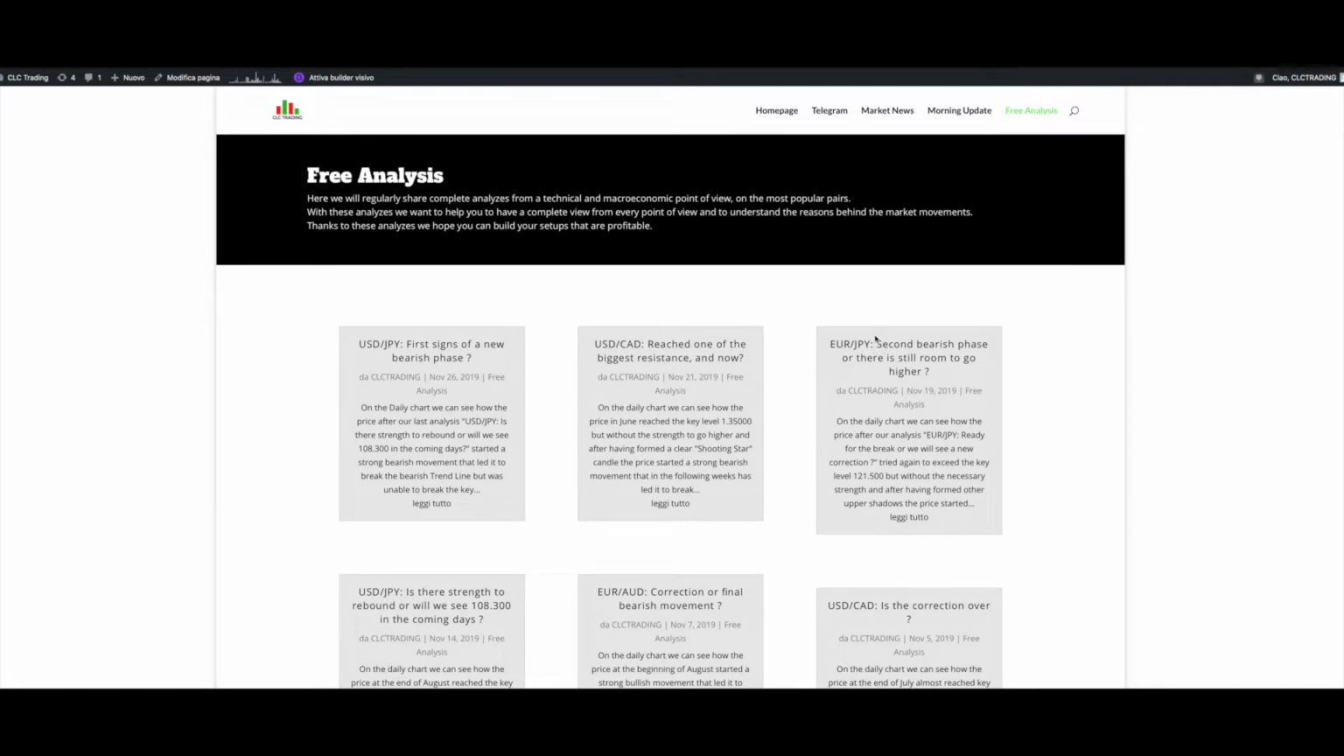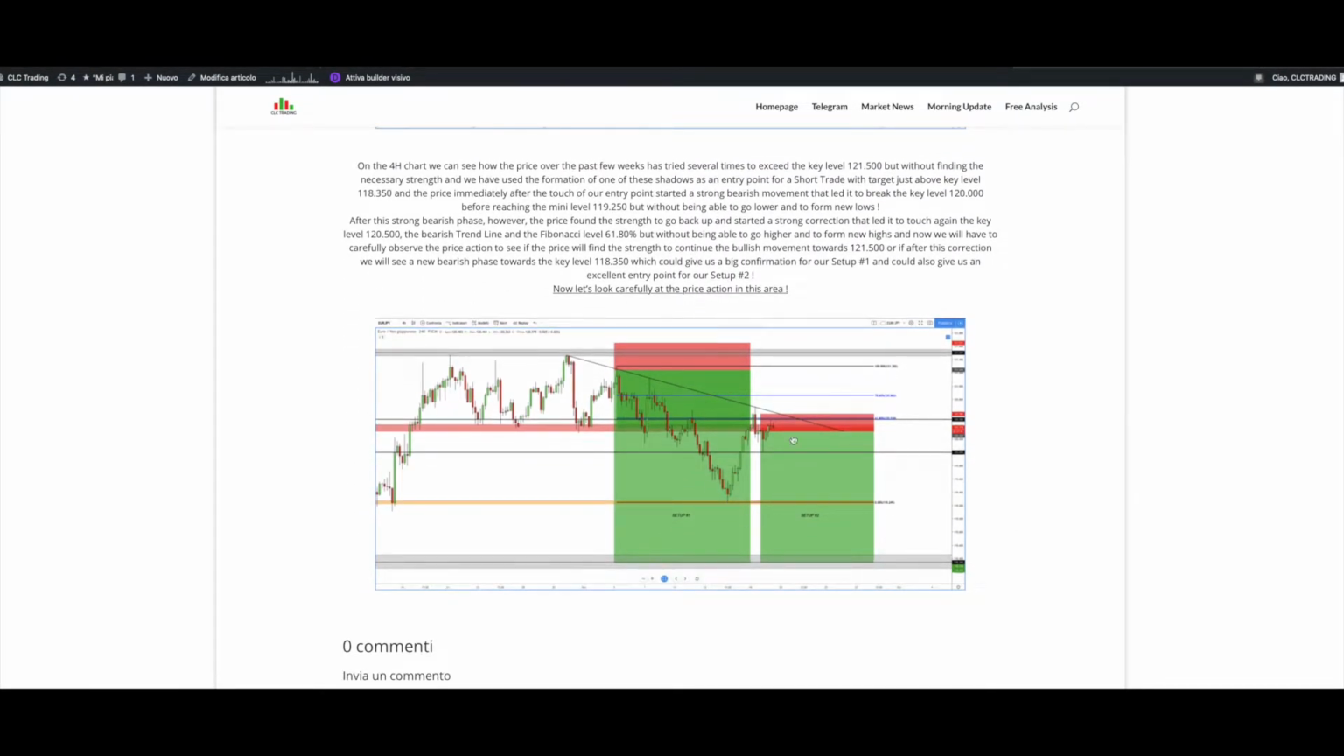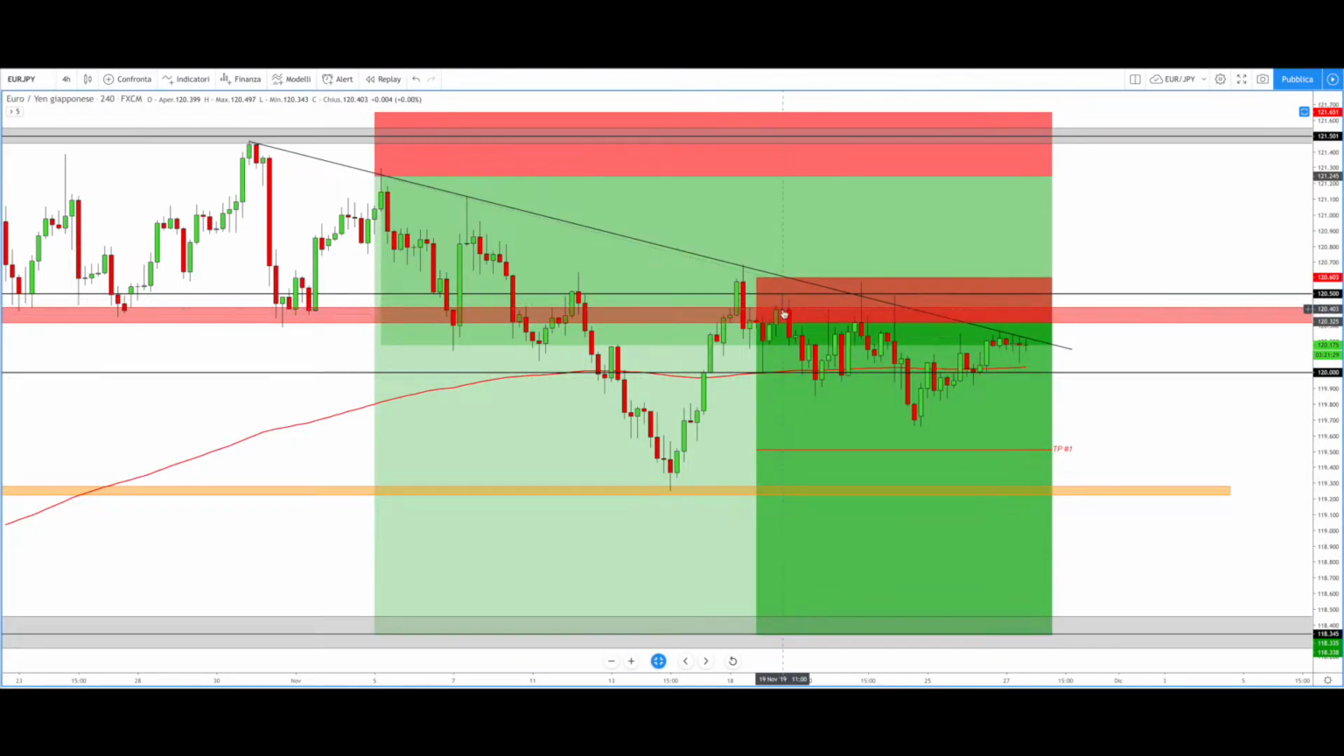This news on Euro Japanese Yen, and we can see that on the 4-hour time frame we shared with you this free setup too, that was a gift for you, and we can see that the price after this doji candle here with the perfect touch of 120.50, a key level that we know really well here, especially 120.50 and 120, this is a too strong level for this pair. We can see that the price perfectly followed the analysis shared with you on the free analysis section and started